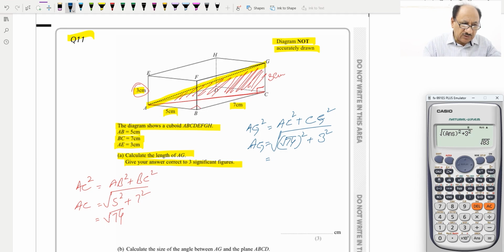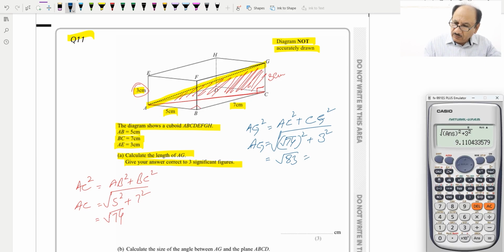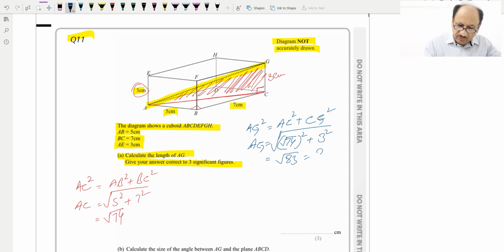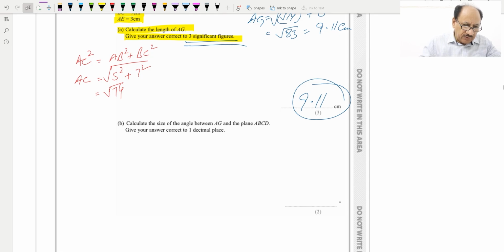And this will give us square root of 83, and the decimal value will be 9.11 centimeters. This is up to 3 significant figures, and this is the 3-mark question which we have done. Now part B says calculate the size of angle between AG and plane ABCD,